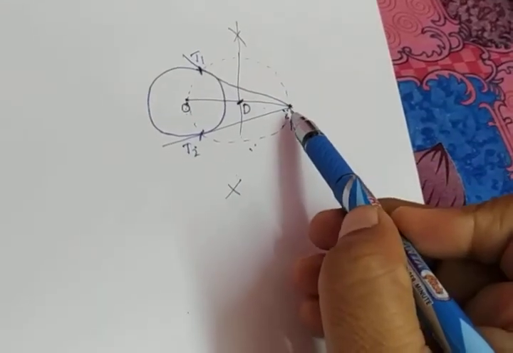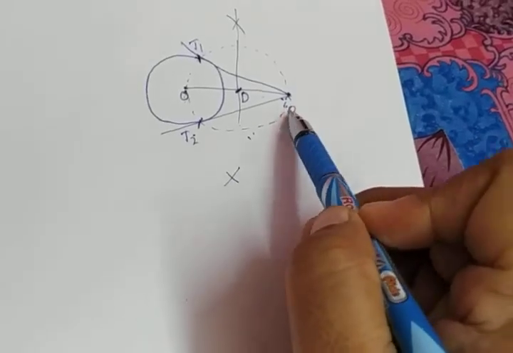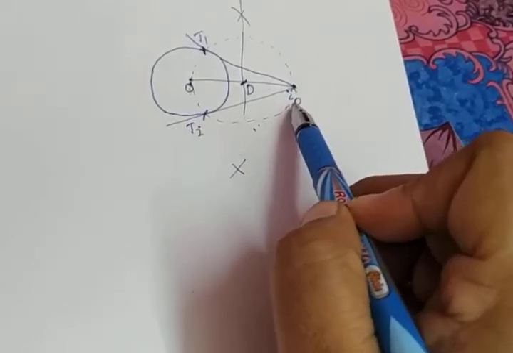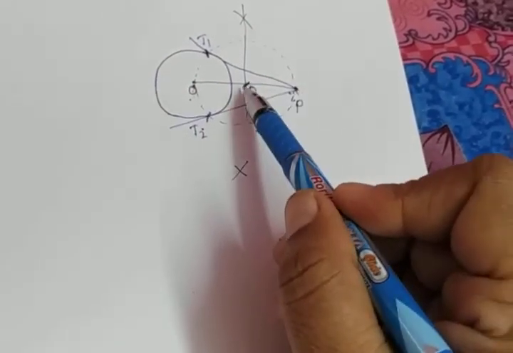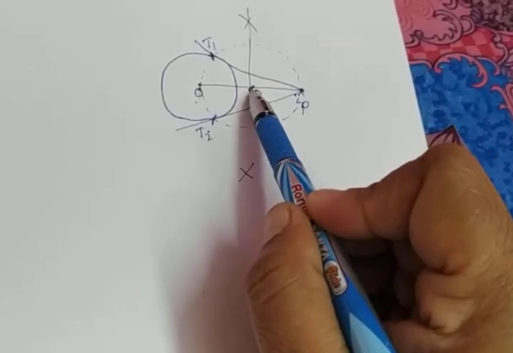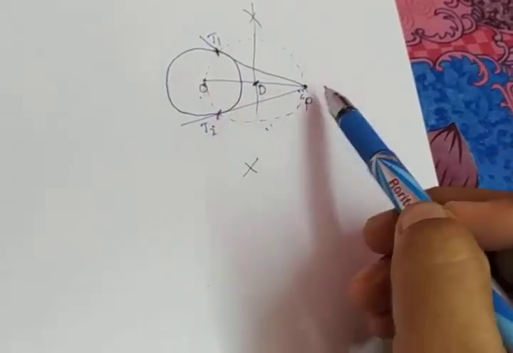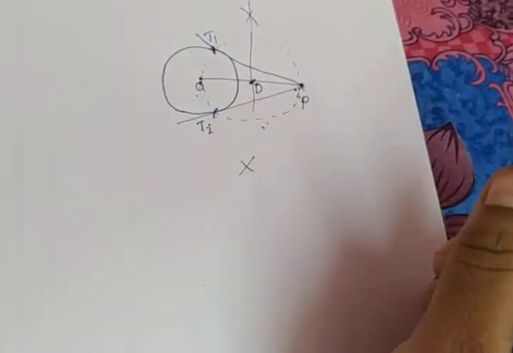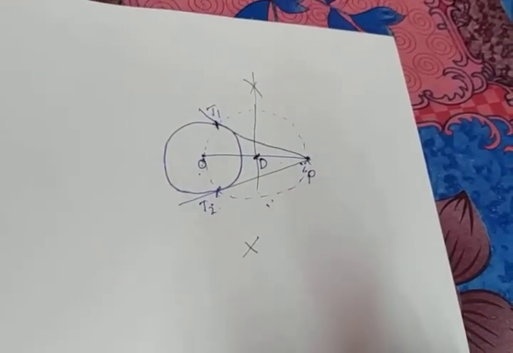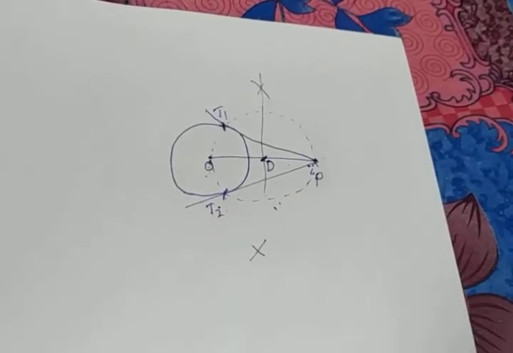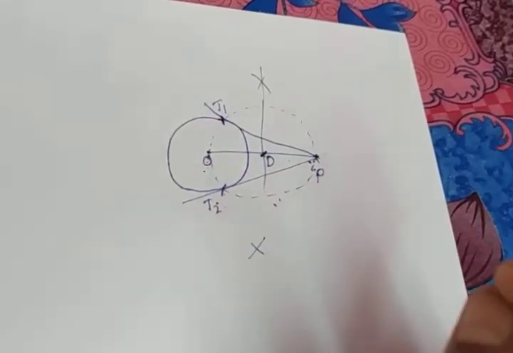The same thing happens wherever we choose the point. The first thing to do is join the external point from where we are selecting, wherever it may be, together with the center of the circle in which tangents have to be drawn. Then draw the perpendicular bisector. The bisector meets at D; with D as center and this length as radius, draw the circle, and the circle touches at 2 points. Join the external point with the touching points. That completes the tangent. The difference comes in the question for drawing the circle or in the selection of an external point. So this is the basic idea. You have to do like this for each and every question.